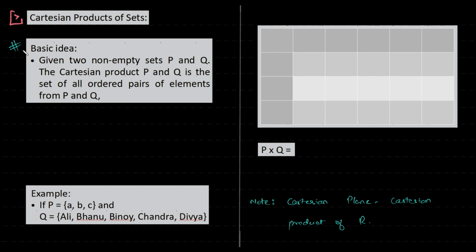So what is this Cartesian product? So Cartesian plane, if you think about it, is made up of something called an ordered pair. So what is this ordered pair? That is 1, 2. We find the coordinates, right? So similarly here too, instead of real numbers, we can have any two sets. That's the funda. As simple as that. So Cartesian product is nothing but, given two sets, say P and Q, the Cartesian product between P and Q is the set of all the ordered pairs of the elements of P